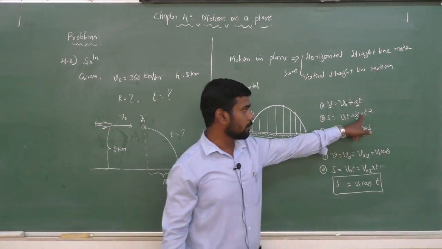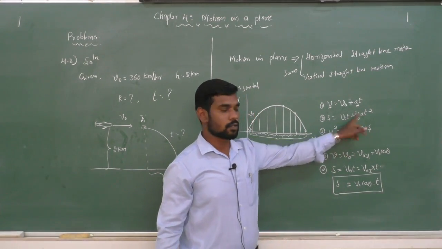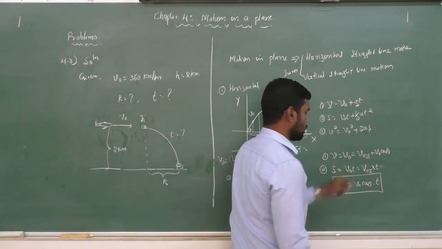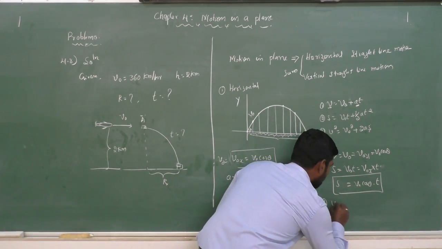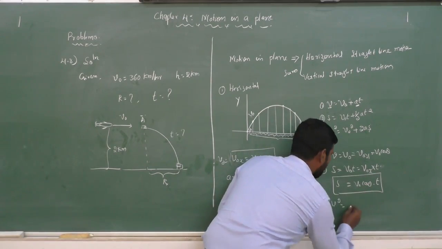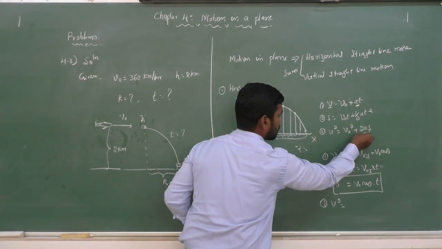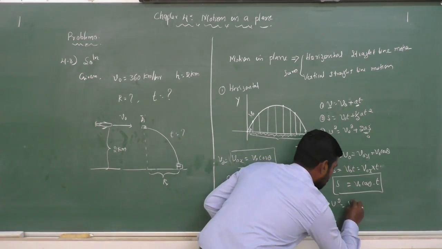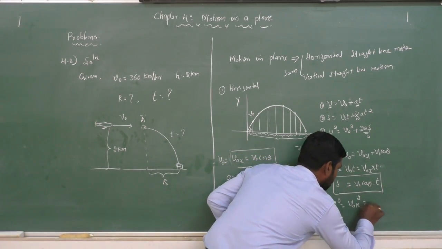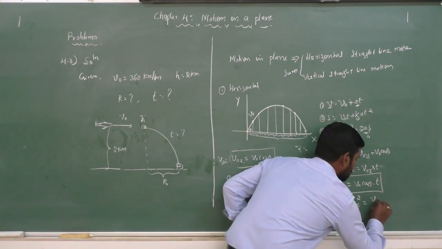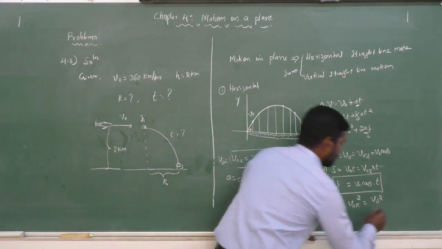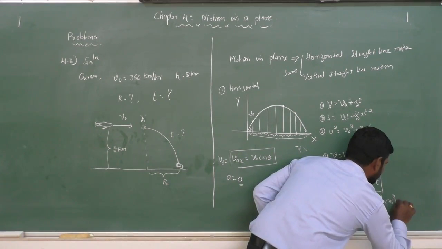Because the acceleration term will become 0 in this condition. Similarly, in the third equation, acceleration also becomes 0. Then v square will be v0 square, since this term becomes 0. v0 square means Vox square, which in this condition is v naught square cos square theta.